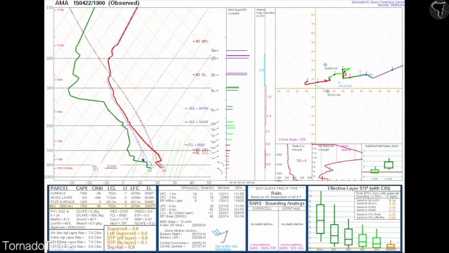You also have a capping inversion where it's warmer and drier up in the upper atmosphere. That is very common in the spring. That's your elevated mixed layer. And the thing you'll notice is that your surface-based instability down here is 1558, and that's because 64, 54, not bad. But look how much cooling and drying takes place just above the surface. Because of that, your mixed layer CAPE as of 19Z is only 322,